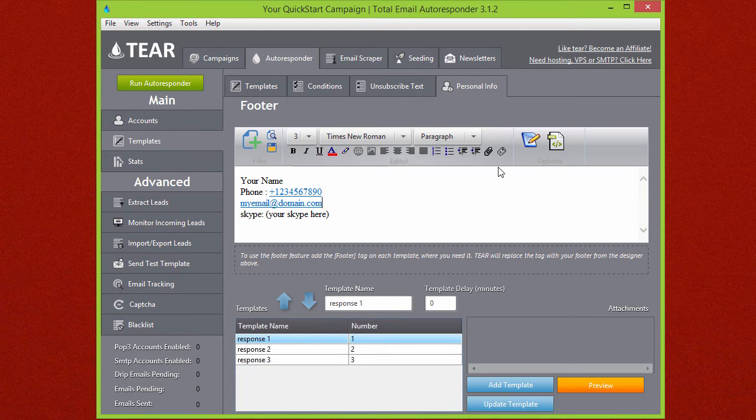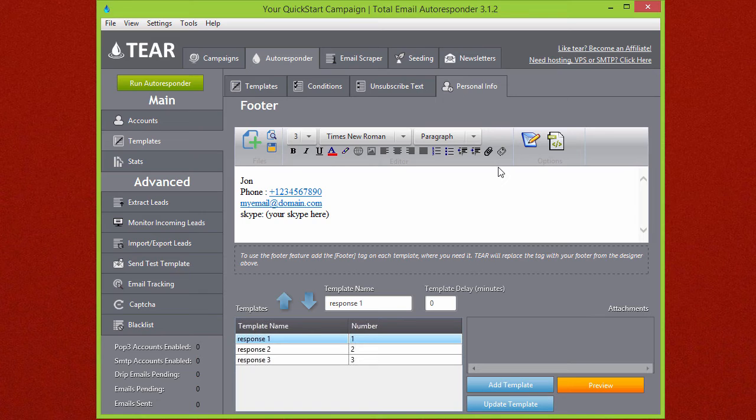If you want to change your personal info, you might say something like your name is John. And if you don't want this big white space here, just simply click Shift and Enter, and it'll just do a one-line drop. And when you want to change this, so now you want this to save, you want to click on Update Template. You do not want to click on Add Template, you just want to update the current